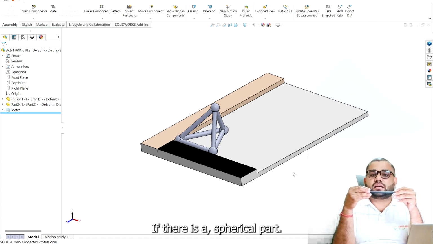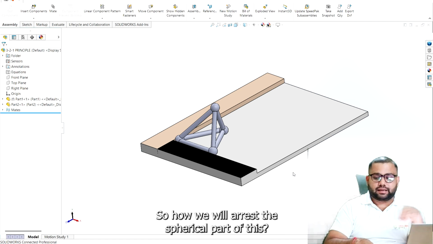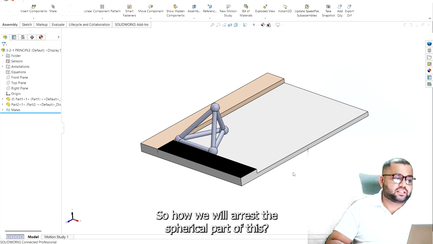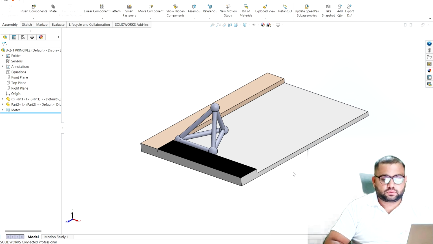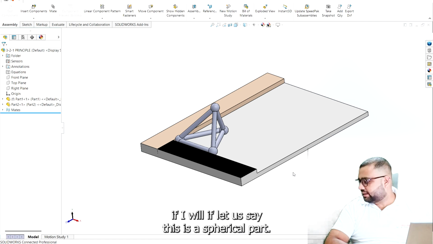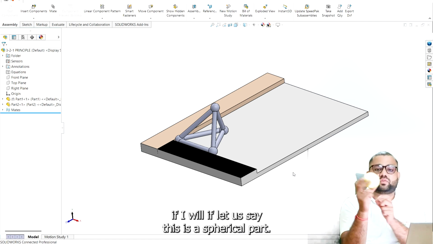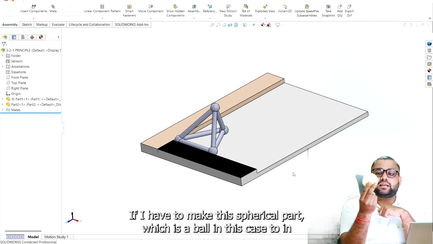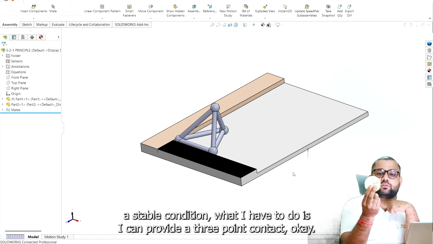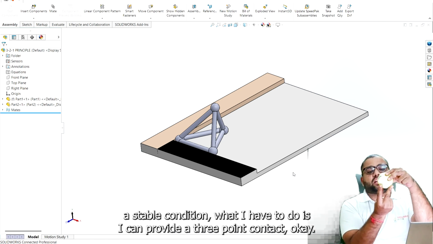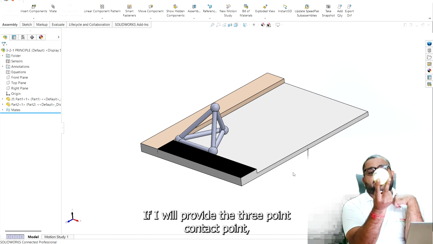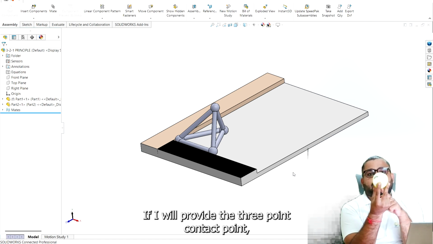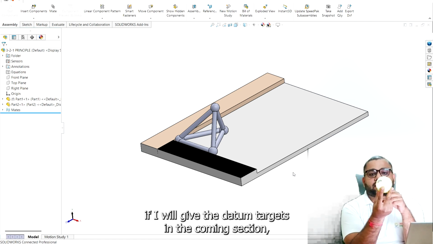Okay. If there is a spherical part, how will we arrest the spherical part? Let's say this is a spherical part. Okay. So there are two conditions. If I have to make this spherical part, which is a ball in this case, stable, what I can do is provide the 3-point contact. If I provide the 3-point contact and give the datum targets,